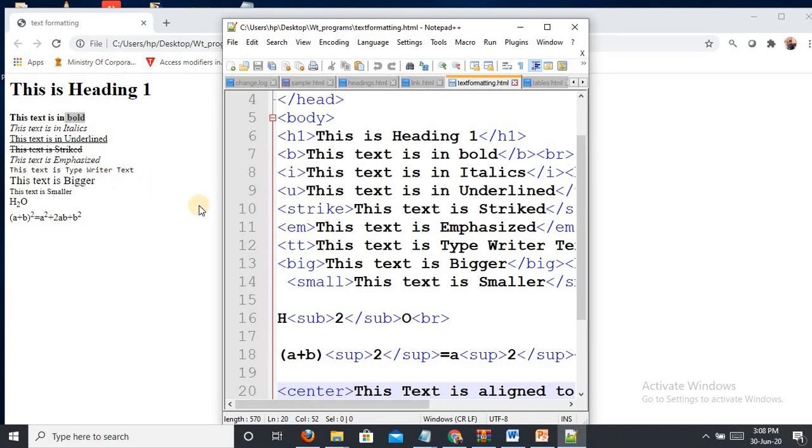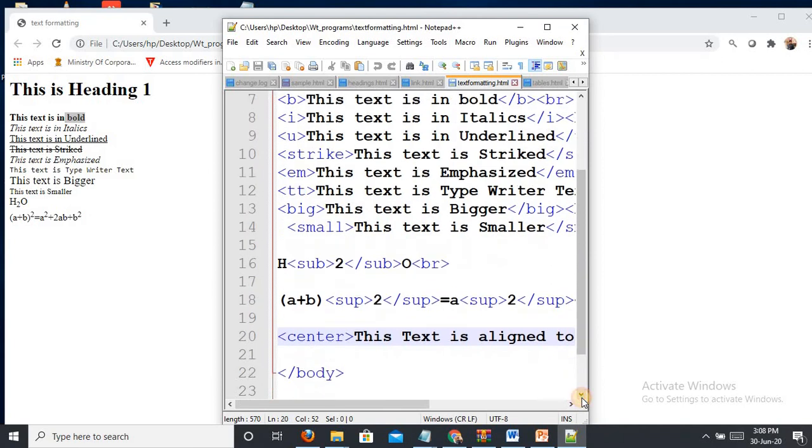To show typewriter-like text we use TT, and to show the text big I use big. Similarly for small I use small. This sub and sup are used to write formulas, subscript and superscript. Sub means it will take the 2 down, as in H2O, and sup means square. If you want to write a square, this sub and sup will be useful for writing formulas.